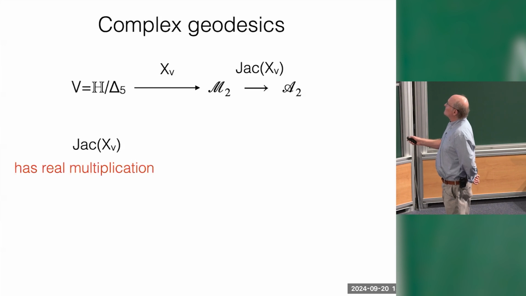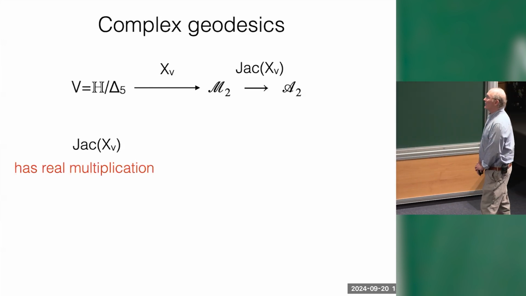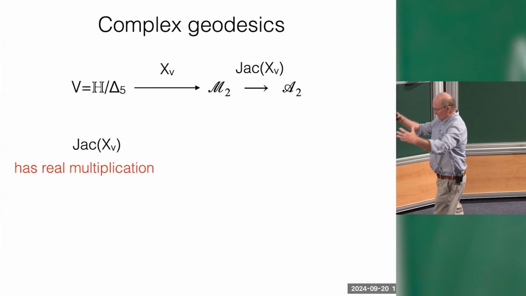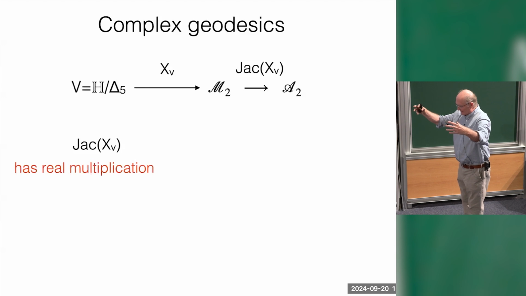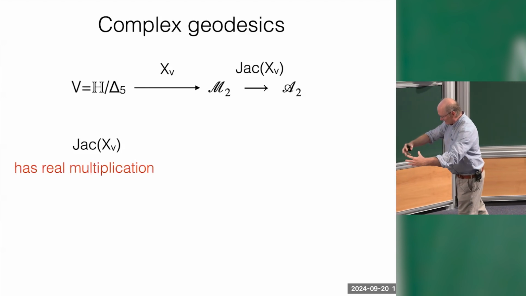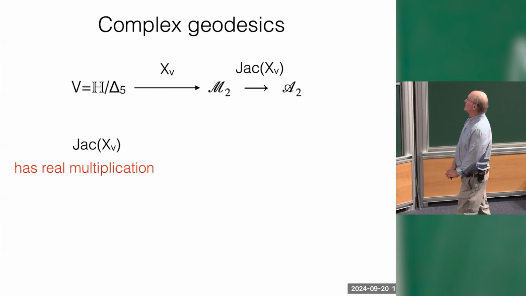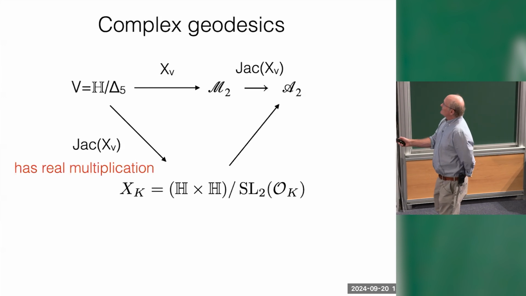And even more remarkably, there's a hyperbolic metric on V, and there's a Teichmuller metric on M2. And this map is totally geodesic for those two metrics. And there's a Schwarz lemma that says that any curve sitting in moduli space gives a contraction from its intrinsic hyperbolic metric to its extrinsic Teichmuller metric. But in this case, it's an isometry. So this is sort of an extremal curve in moduli space, and the Jacobians have remarkable properties, which means that